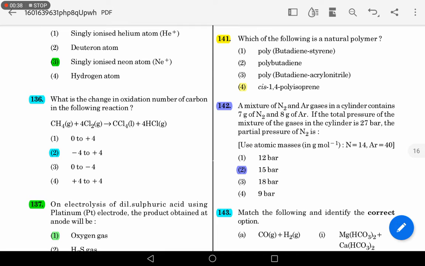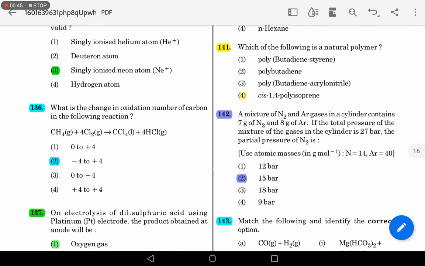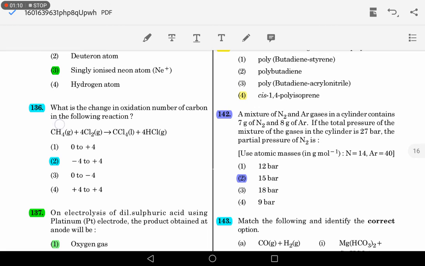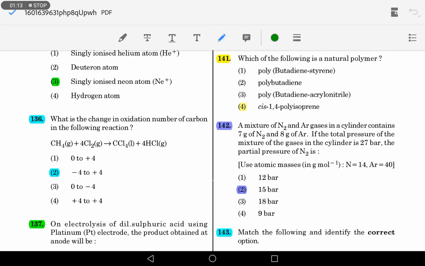Compared to the electronegativity of carbon, the electronegativity of hydrogen is less. So carbon is more electronegative, hence it tends to pull the electrons of hydrogen towards it a bit. Though the two electrons are shared equally, a bit of polarization takes place and thereby the electrons of hydrogen move towards carbon, and that's why carbon will have an oxidation state of -4. So hydrogen will have an oxidation state of +1.